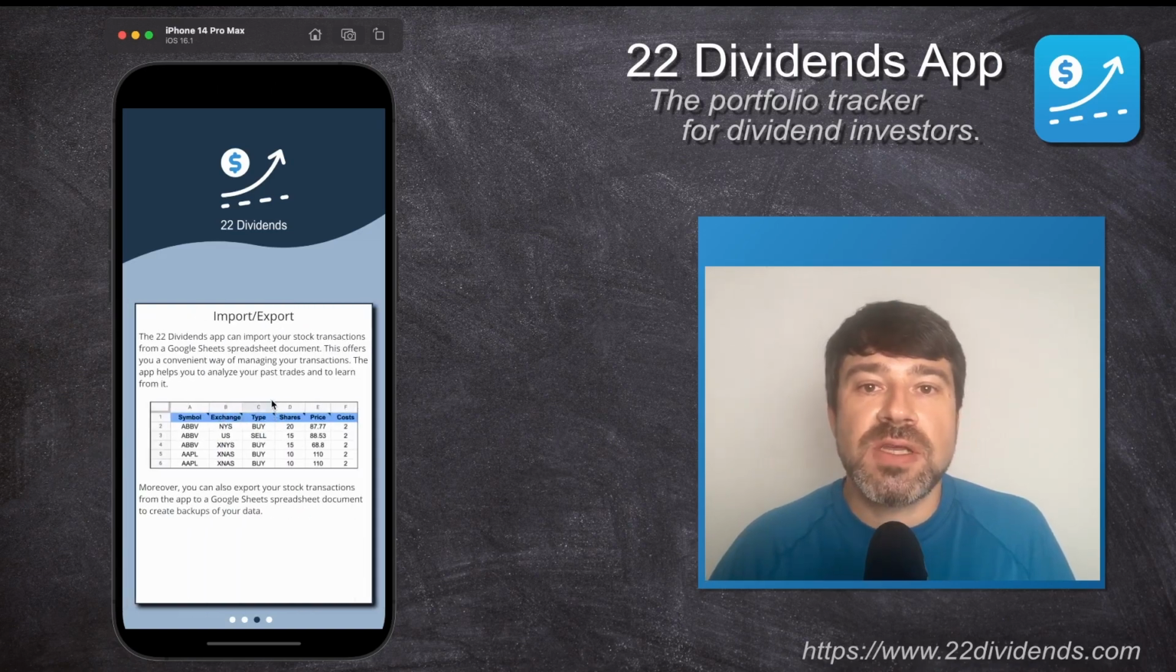Most dividend investors start tracking their portfolios using Excel, so they do it manually. And usually this gets to a point where it becomes really tedious and people are looking for a solution to do this more efficiently. And the 22 Dividends app allows you to import your stock transactions from Google Sheets into